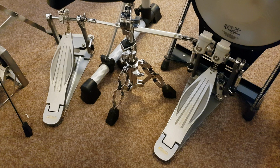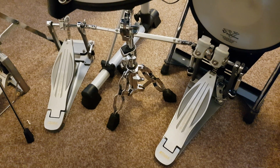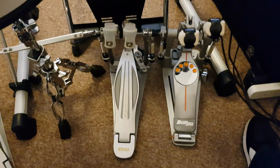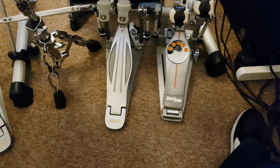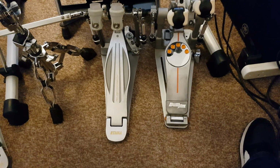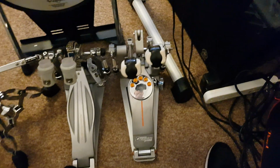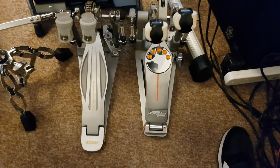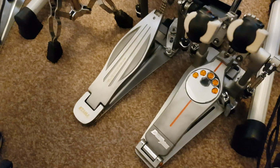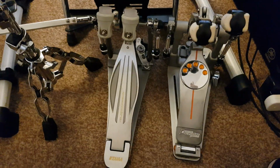Anyway, two ticks, and I'm going to get one of the Demon Drive pedals and put it next to the Speed Cobra so we can all see the difference. And there we go. There's the difference in length. Again, this was another thing I suspected. I thought that the Speed Cobras would be longer, and they are. I know that these have got a heel plate, and technically they're like a split hinge, but they seem infinitely longer. It doesn't quite do it justice here, I don't think, but you've got about another inch of play